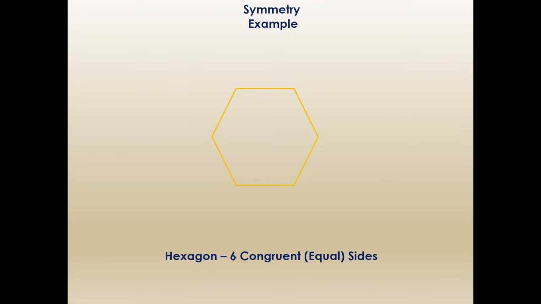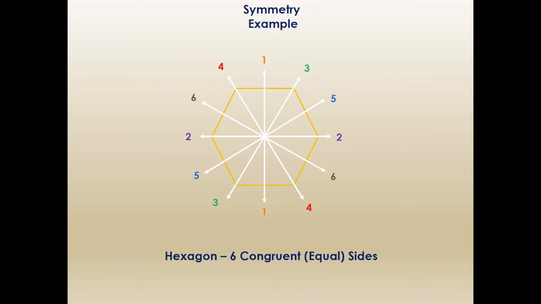For example, my symmetry example is my hexagon. Right here I have 1 line of symmetry. If I folded this shape directly in half, it is going to be the same on the left side and the right side. And I always want to put a little 1 at the top of my line and a 1 at the bottom, that way we don't count my line twice. I have now 2 lines of symmetry. If I folded it, it's going to be exactly the same. I have 3 lines of symmetry, 4, 5, and 6. So my hexagon has 6 congruent equal sides and also has 6